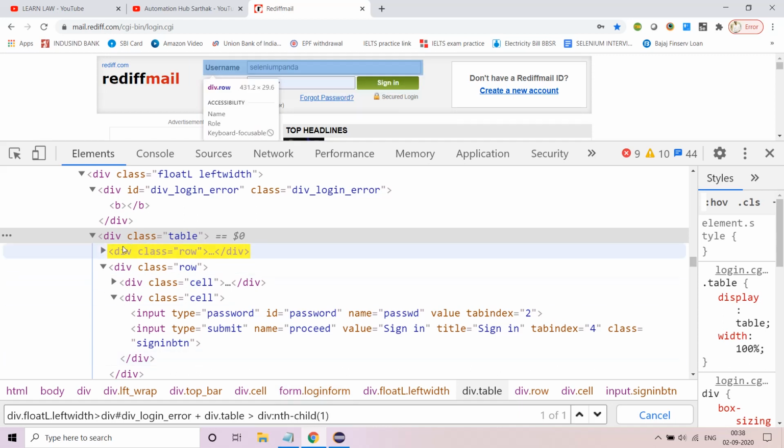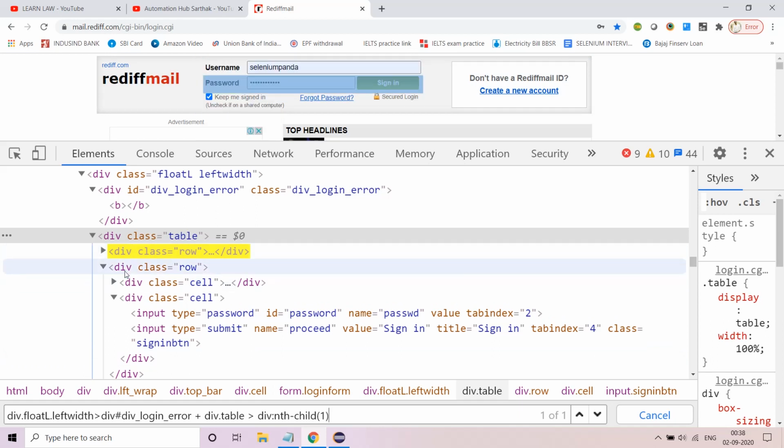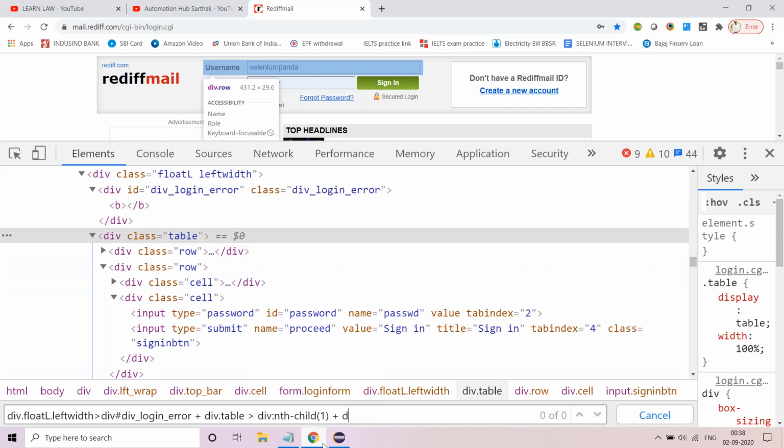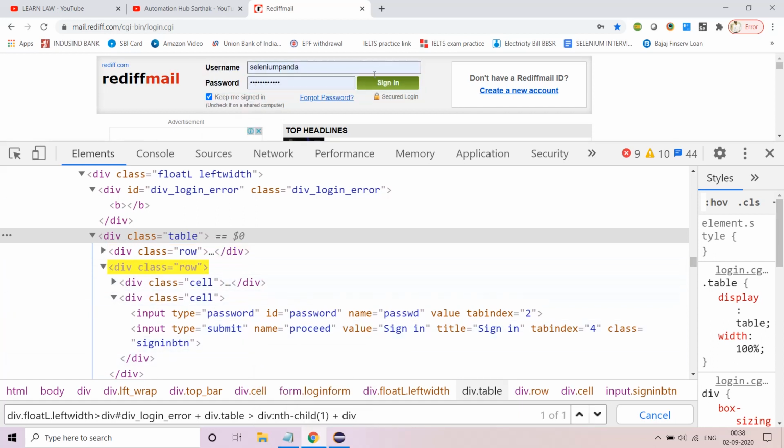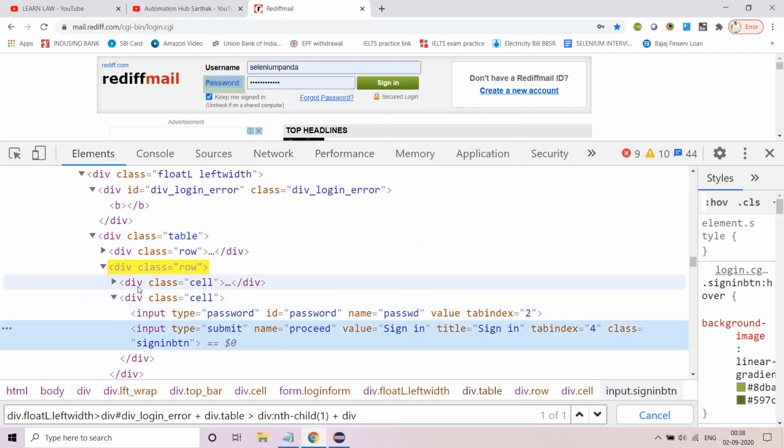Now you are here. So if I want to come to this div, again plus div, simple, you came here. Now use that particular principle and traverse. So how much distance is left? Only this much is left. So again you can write plus div, and you can write dot cell.